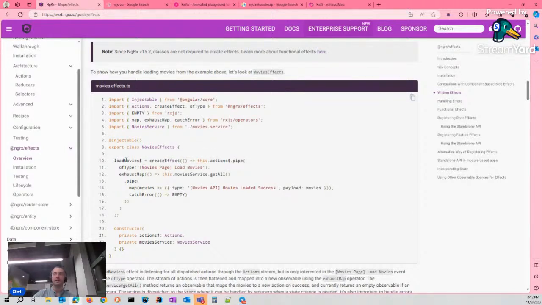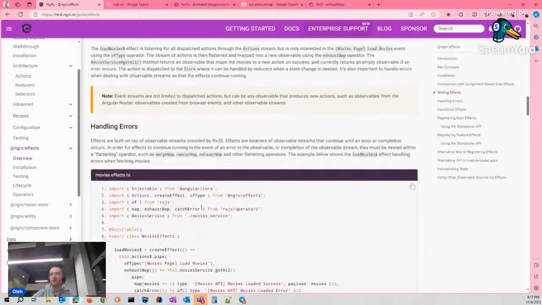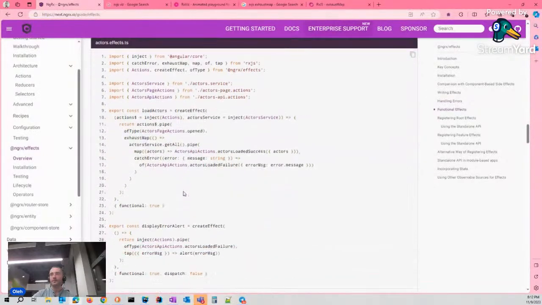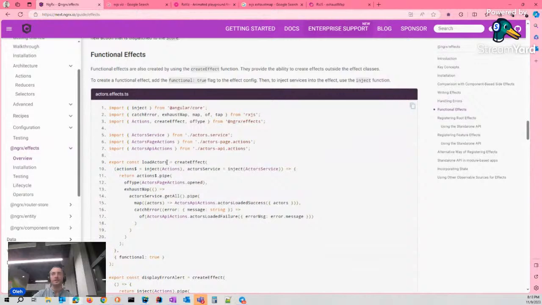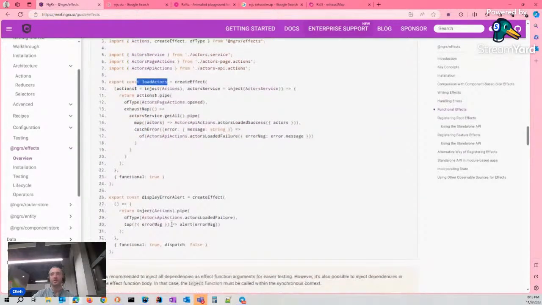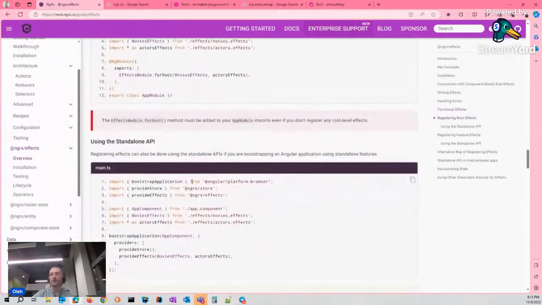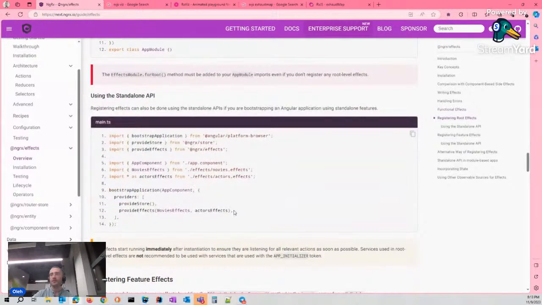Each of these properties is a stream that handles some actions and makes some actions and returns back to the stream other actions to the store that can be handled further. About errors, functional effects. We can use it just like a function, not a service. And that's another story.